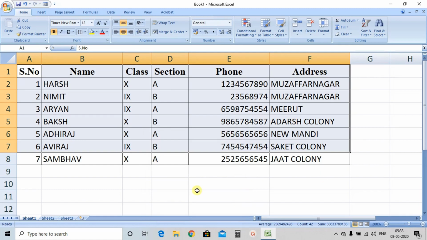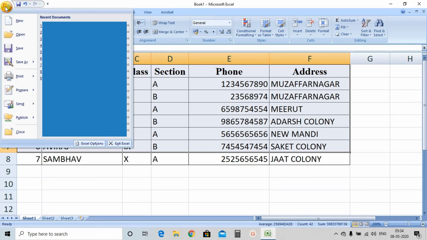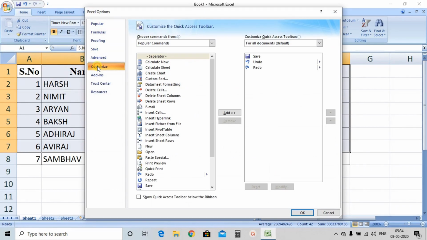Once again I will tell you how you can insert that form button on your quick access toolbar. So as of now I am removing this from the quick access toolbar so that I can tell you how you can insert that form button. First what you need to do, just click on the office button, then click on the Excel option at the bottom, go to customize.